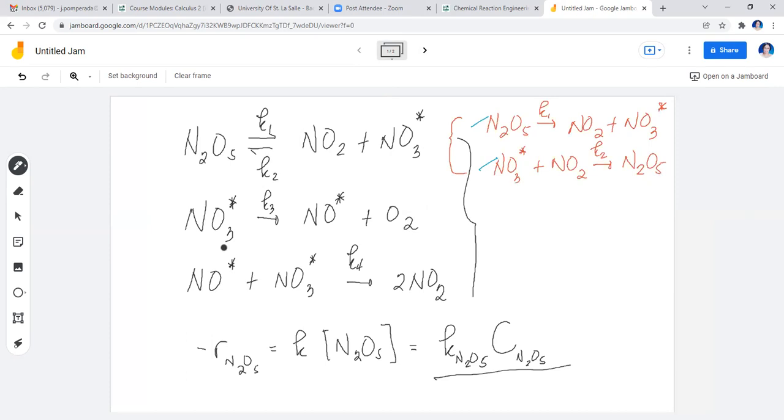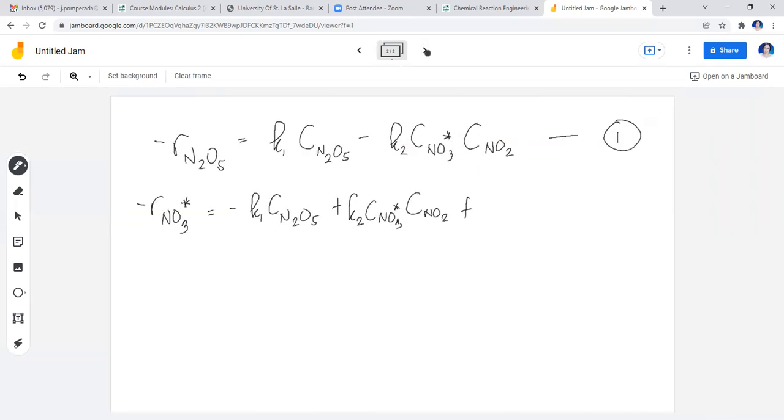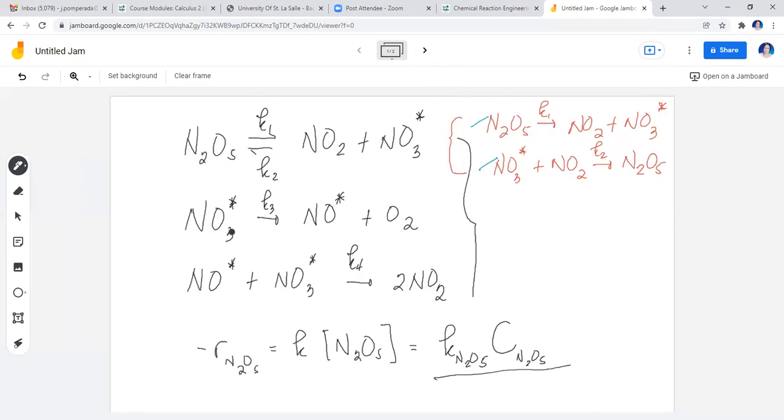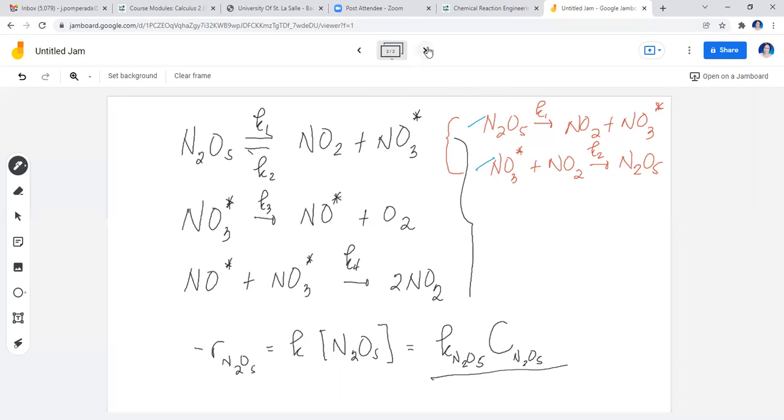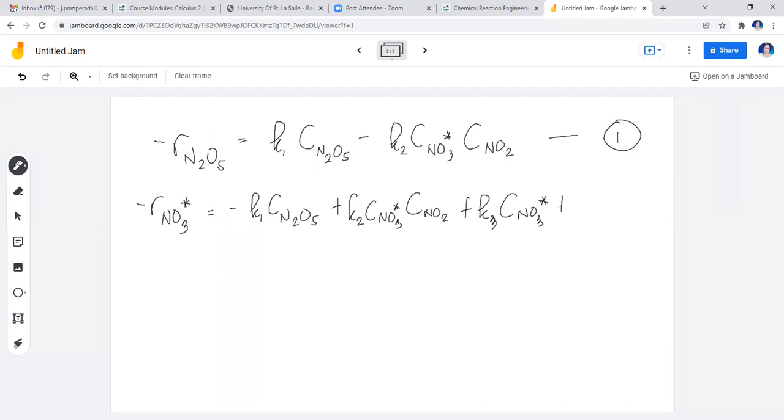Now, in the next reaction, we have another NO3. So this time you need to add another rate expression for that. Then it's a reacting species here. So you'll have K3 CNO3. Okay? For the third reaction. For the last, you still have NO3, so you need to account for it as well. It's together with NO. So you will have K sub 4, CNO, and